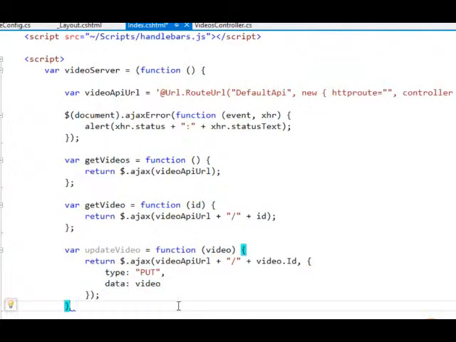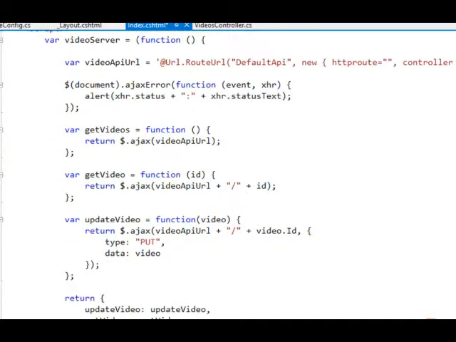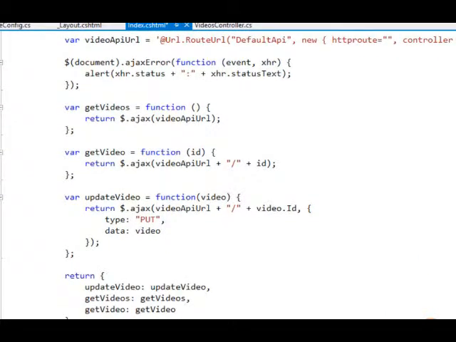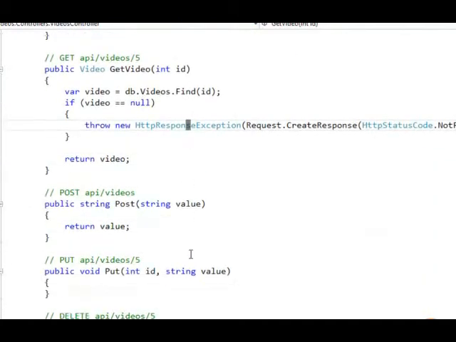What jQuery will automatically do when it does $.ajax and you pass along some data is form-encode that particular object into the HTTP request message. And form encoding is something that the Web API should be able to handle and deserialize into that video. So now I just need to make sure that I expose that updateVideo method on the public interface that we're exposing from this. And now it's time to come over to the videos controller